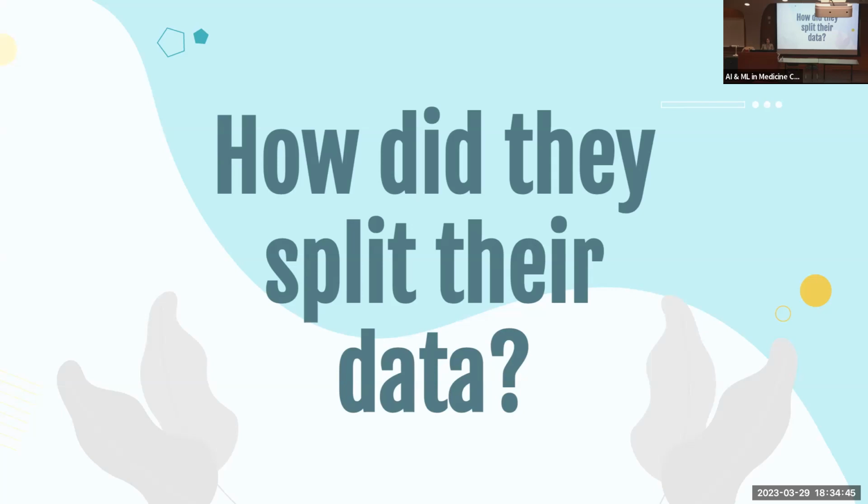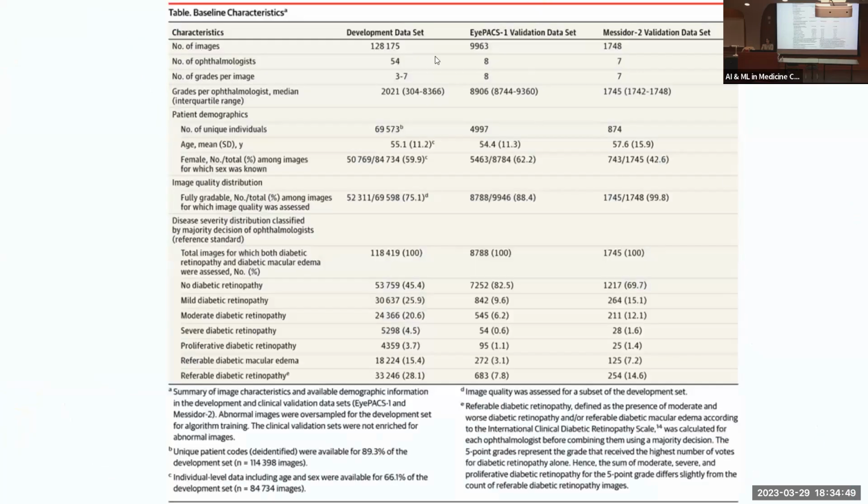Yeah, exactly. So they did something that's actually a little bit unique. They actually didn't split their training set. Their validation set was actually their testing set, and it was a completely separate data set. One of them was this IPAX-1 validation data set, which is US based, and then the Messidor 2 validation data set, I think it's from France. So their validation set was a completely different data set, which is pretty cool. That's a pretty unique thing to do.